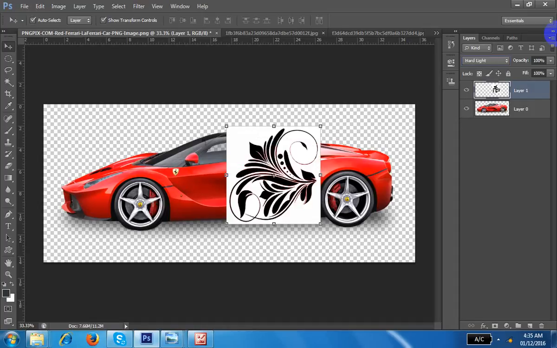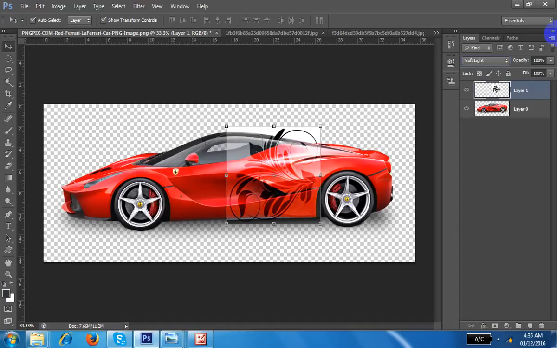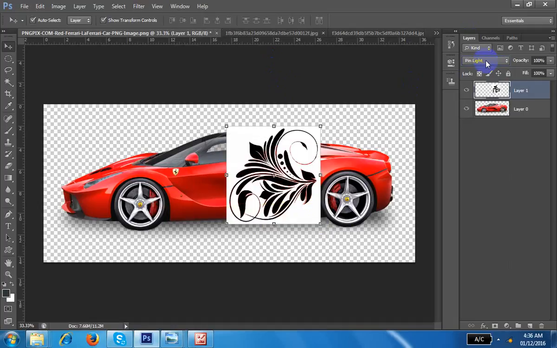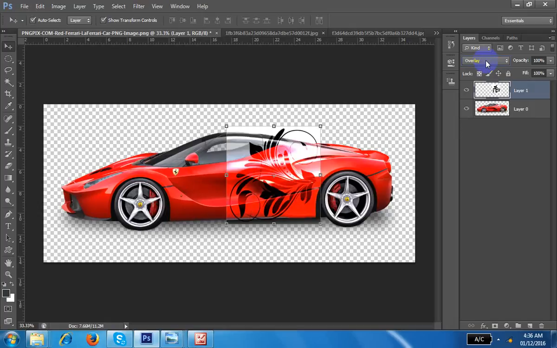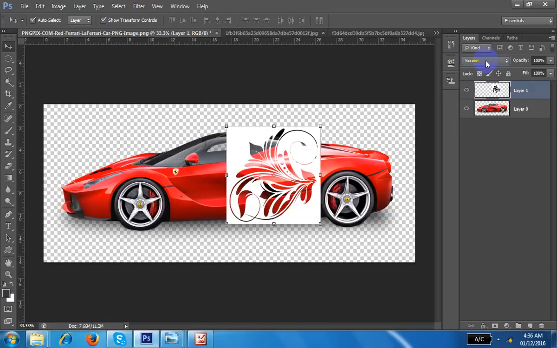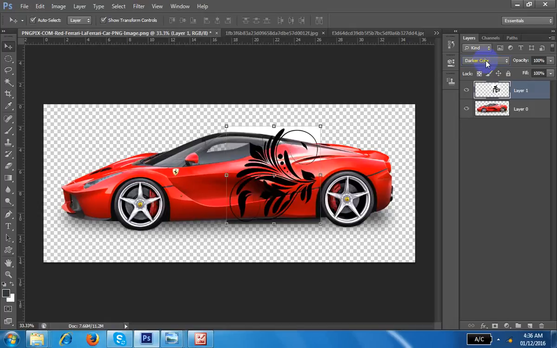Dissolve it. No, there is a very good option, that this is soft light. Okay, suppose I want to use this soft light. Okay, but in soft light there is something missing. So I can go there. I can use another light. So you have to understand this layer without using a lot of tools. Without using a lot of tools, you have to understand this.